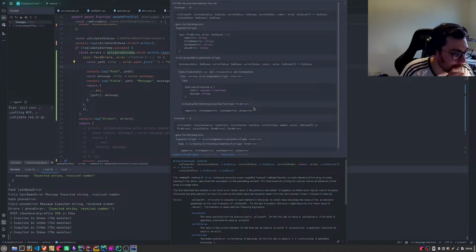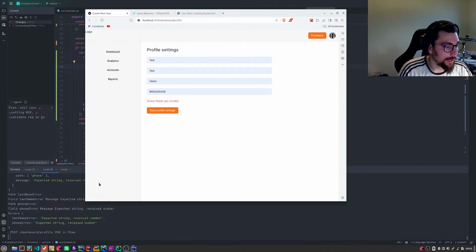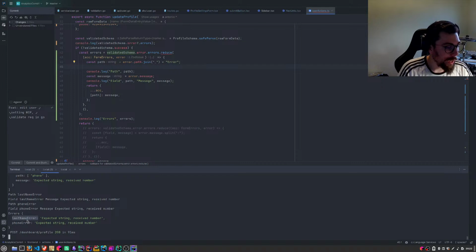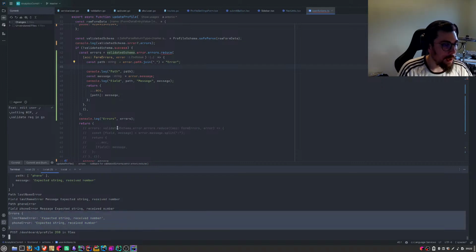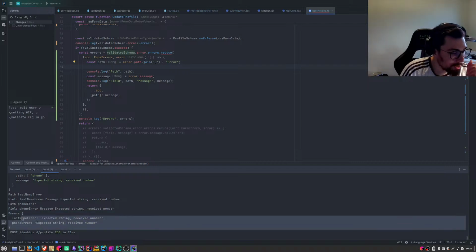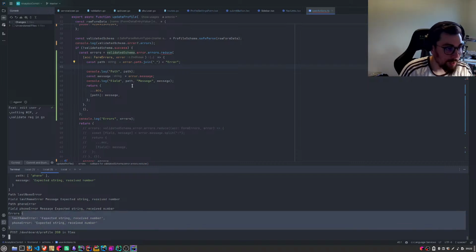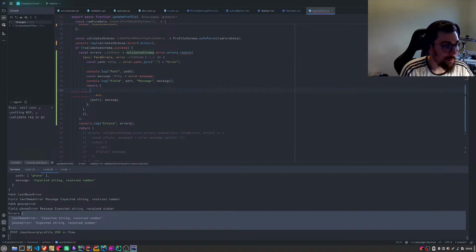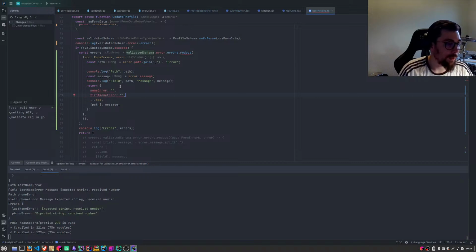Ah, pain. Pain. But let's log this. So we have... oh shit. So it is correct in a sense, but it's still not correct because it should also return empty name error. So it should return name error as empty and it should return first name error as empty, right?